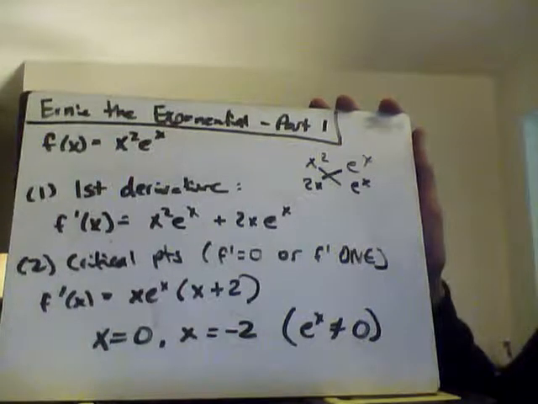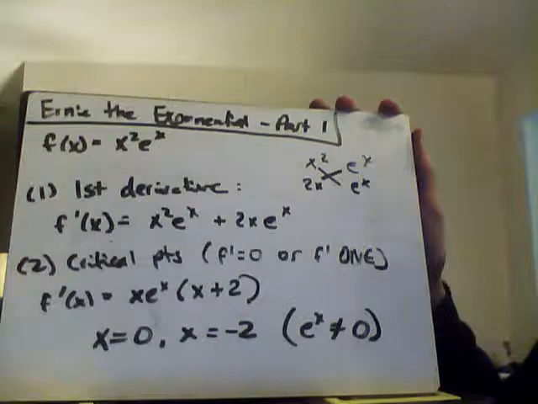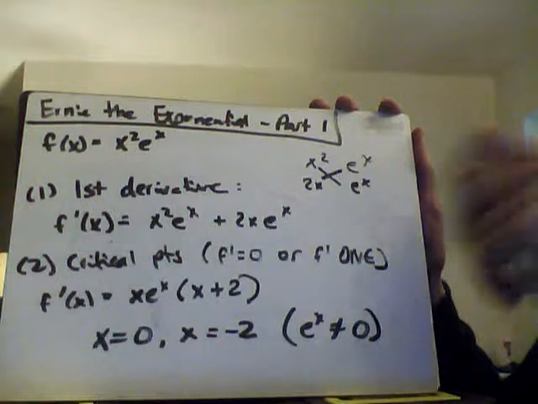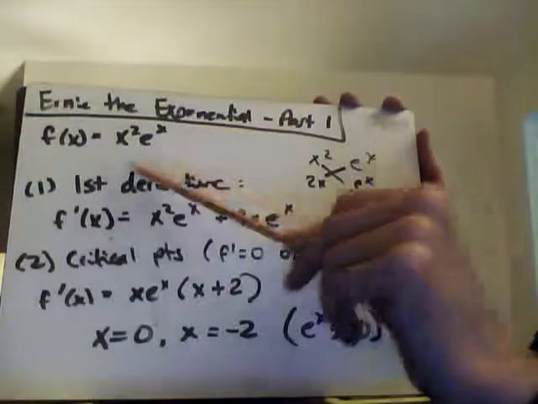Okay, example 5 is all about Ernie the Exponential. In our first part, we're going to talk about whether Ernie is increasing or decreasing. The function itself is x squared times e to the x. Be careful on this. It's been a while since we did product rule, but as you can see, we've got